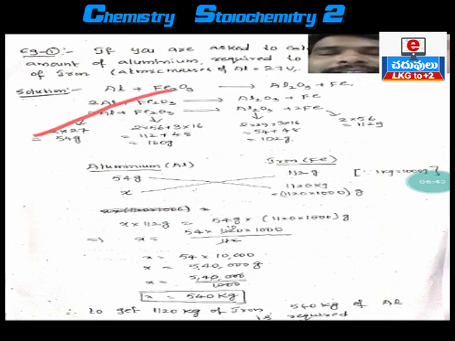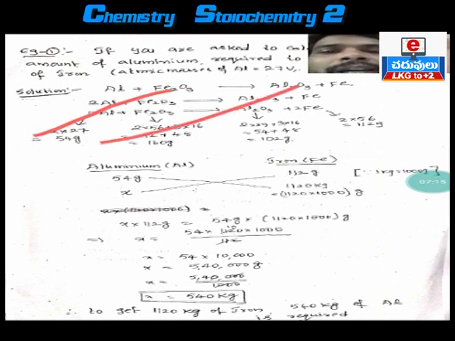Now coming to iron oxide. Iron oxide is a molecule. How will you get molecular weight? Molecular weight can be calculated by adding the atomic weights of elements. In iron oxide, if you look at this formula, we have 2 irons and 3 oxygens. 2 into 56, what is the weight of iron? 56. How many irons? 2. So 2 into 56 plus 3 into 16. 112 plus 48, how much? 160 grams. Clear?